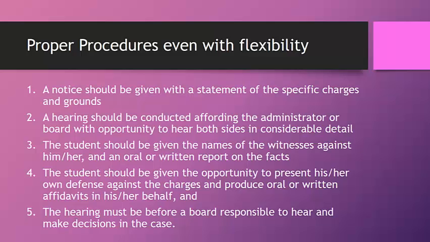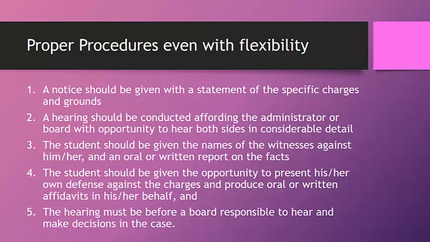The student should be given the names of the witnesses against him or her and an oral or written report of the facts. That typically doesn't come up, but if it did, the student would have to know the names of the witnesses. They do not have a right to cross-examine, but they do have a right to know who the witnesses are. The student should be given an opportunity to present his or her own defense and produce oral and written affidavits in his or her behalf. Again, this is going to happen as you investigate and discuss what happened with the student in your office. And then finally, the